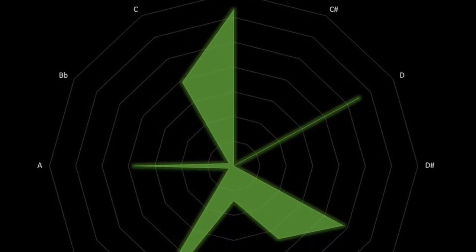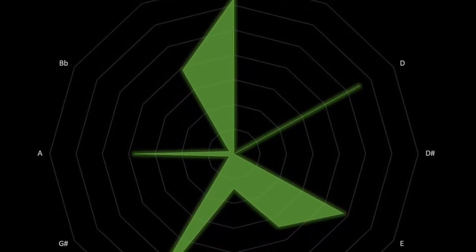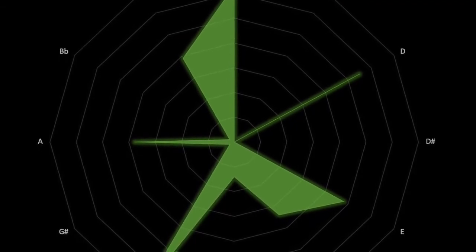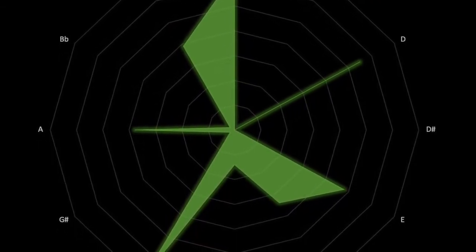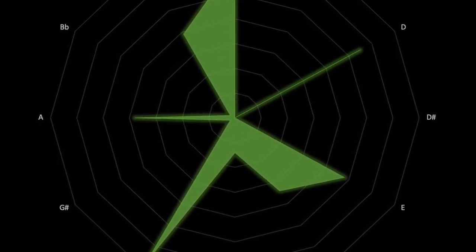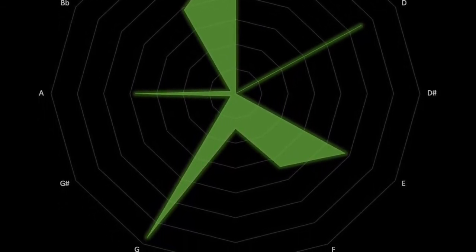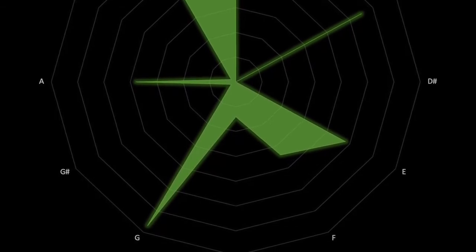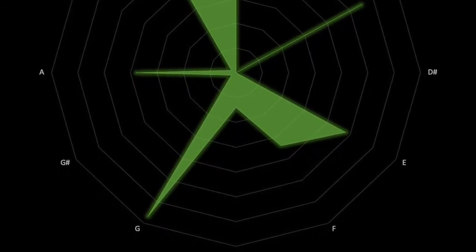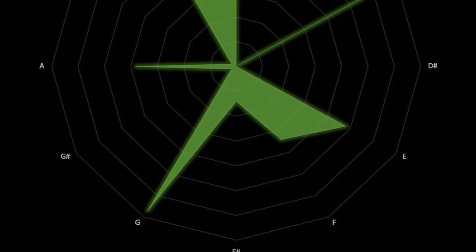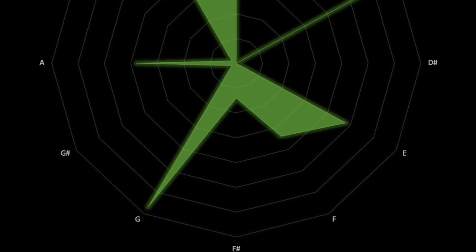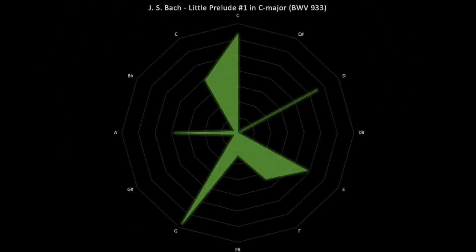Also, these little preludes are not nearly as chromatic, full of spicy notes that maybe don't belong in the home key, as some of the other bigger, more meaty pieces, even the piece that I performed in this video. But yeah, this is the little C major prelude and what it looks like.